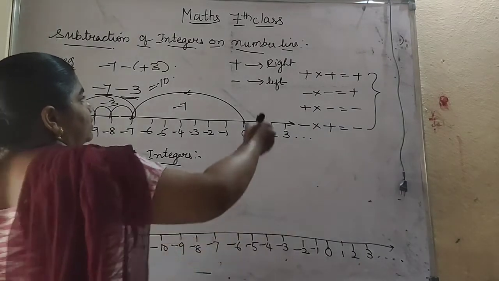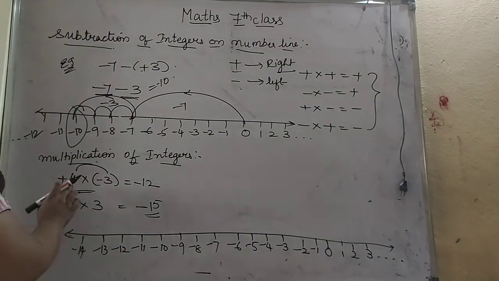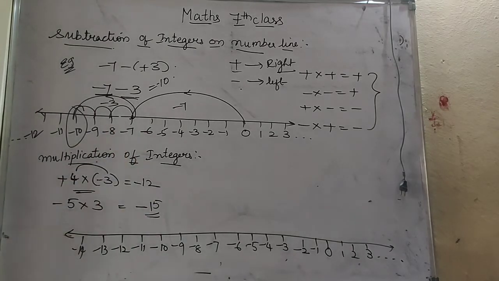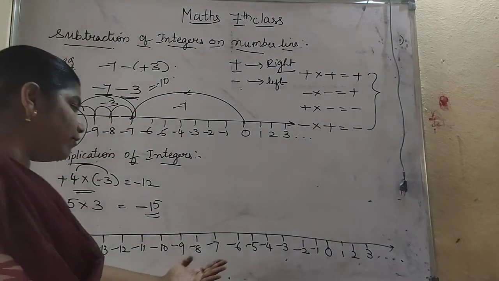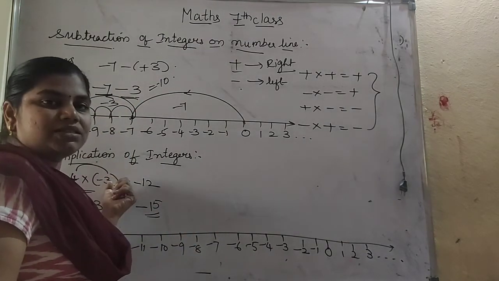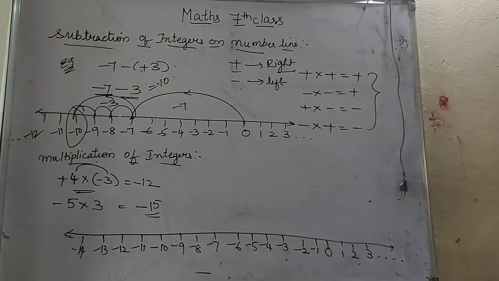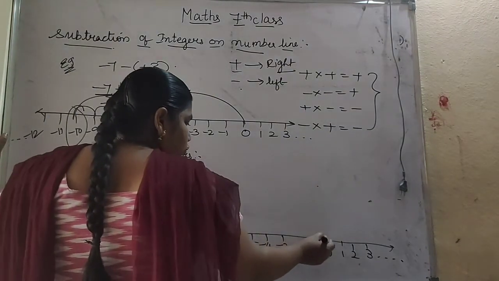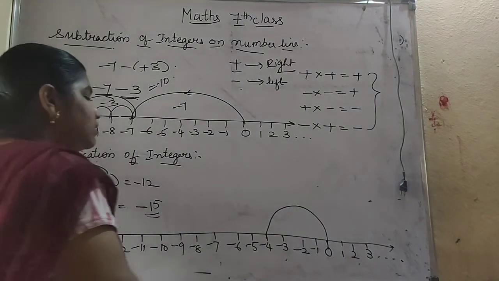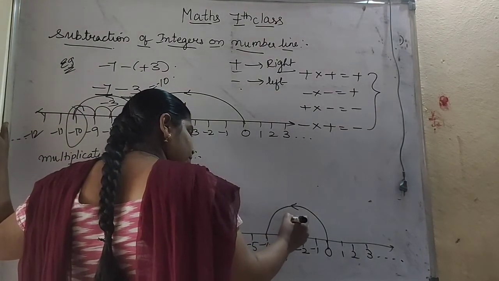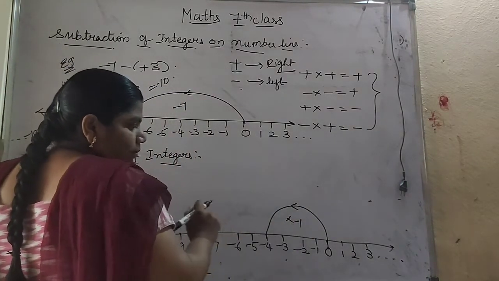So already we know that if it is a plus, we will move to the right side. If it is a minus, we will move to the left side. So here 4, 3 times you have to move. 4 how many times do we have to move? 3 times. That is minus 3 times we have to move. Minus is a negative value, so minus 3 times we will move to the left side. So first 4. From 0 to 4 we are moving to which side? Left side, because it is a minus value. So this is 1 time, into minus 1 time. This is 4 into minus 1 will be minus 4.